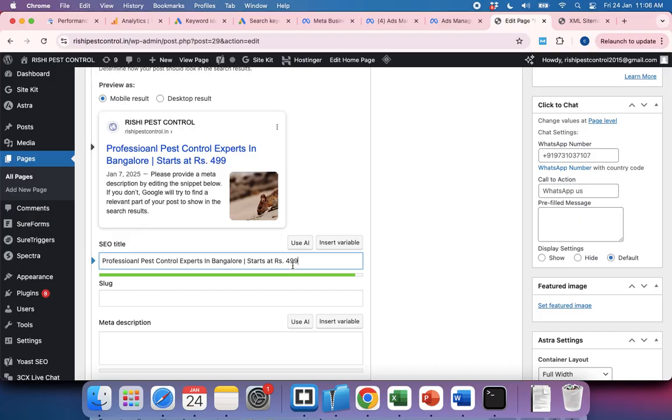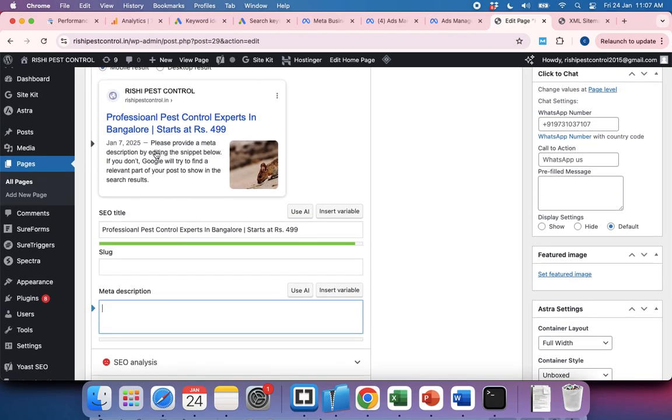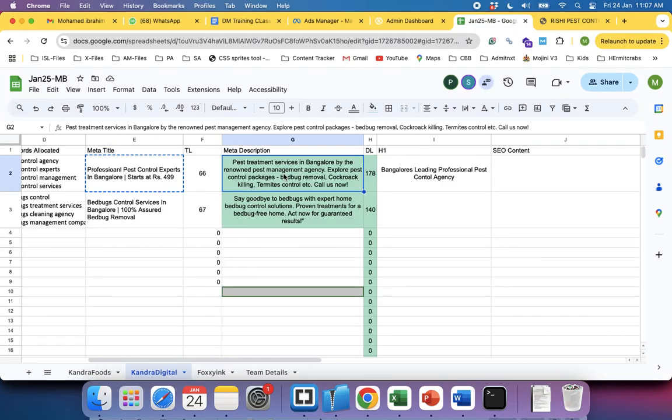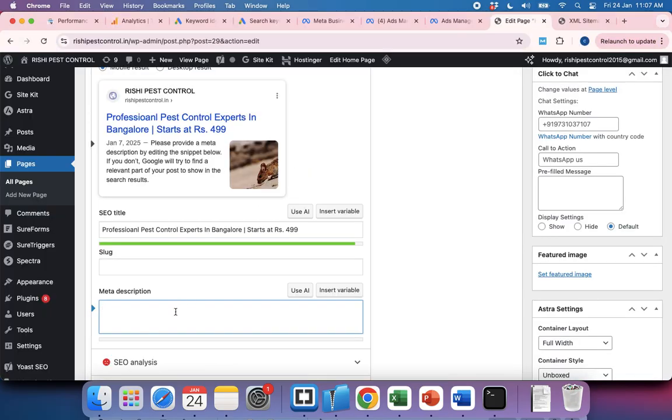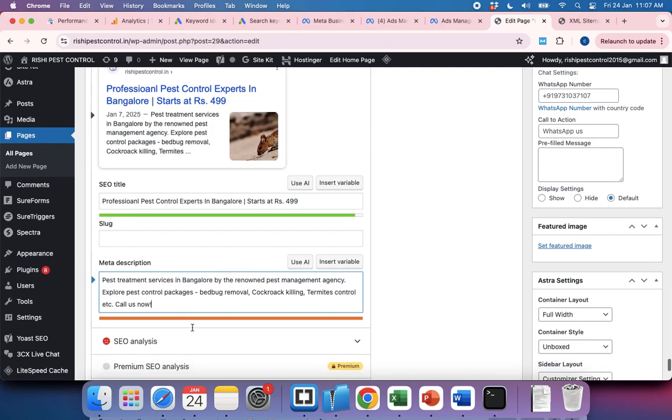Minimum 500. You put it as 499. Meta description says please provide a meta description. Nothing is showing, right? So we'll update this meta description as well. Pest control, pest treatment services in Bangalore. Look at this, this meta description will now show up, and if it is slightly lengthier, see now this